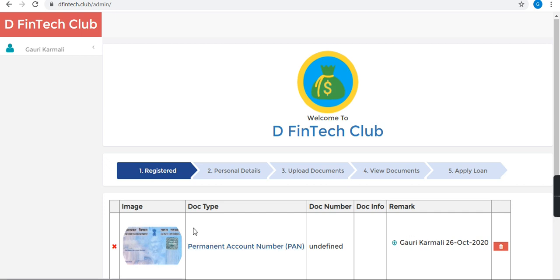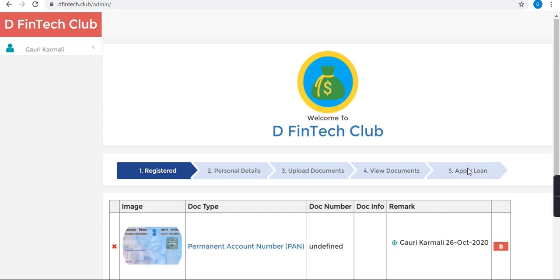Now if by mistake the customer puts some other document, or he wants to make some changes, he can delete this document from here. But this can only be done if his document is not verified by admin or your staff. If this document is verified, then he cannot delete it. Otherwise he can delete and upload it.